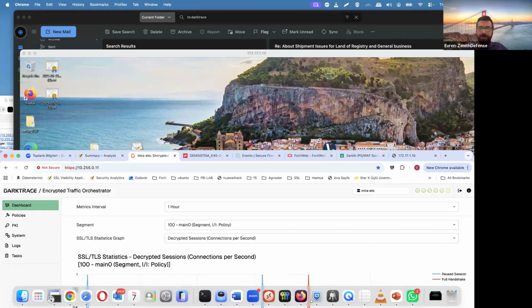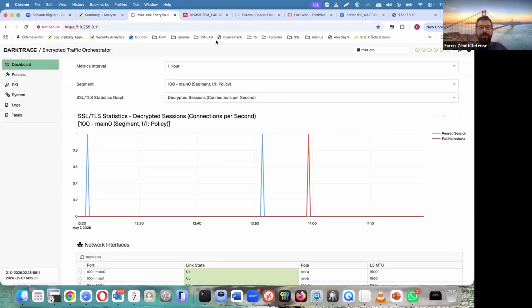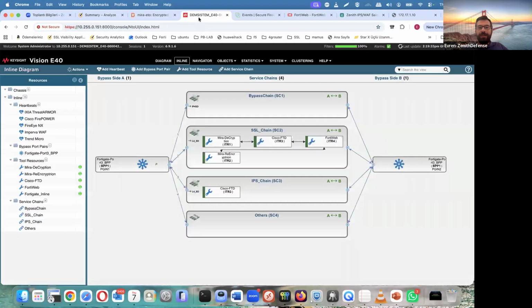Now I move on. Let me explain the first thing, our topology. We are positioning the Mira and also the SSL visibility appliances, and over 88% of customers are using packet brokers. We are using this station and the packet broker as an easier option,